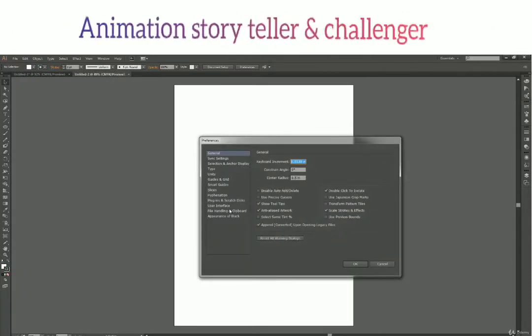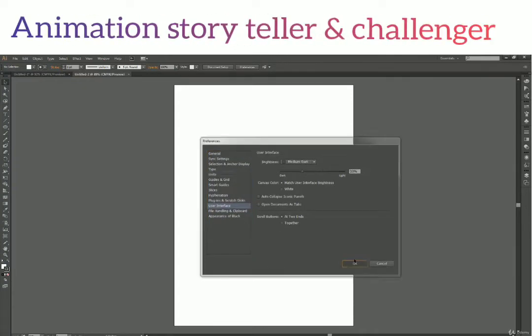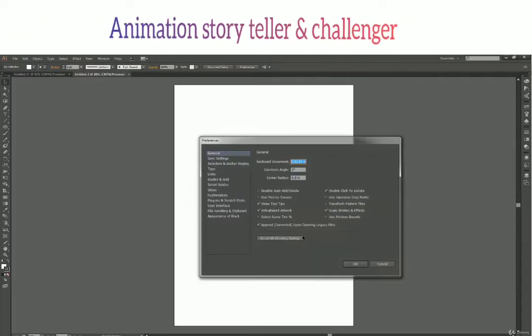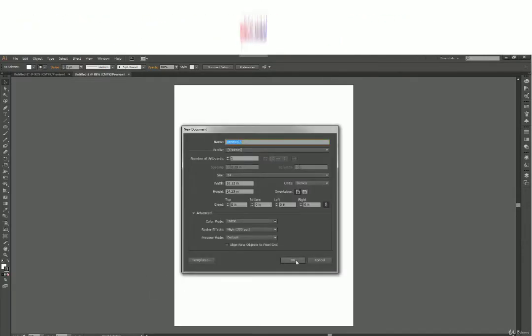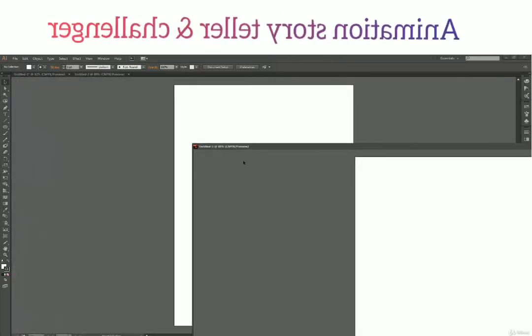Now let's go back to settings. It says open document as tab. So we uncheck it right now and press OK. Nothing has happened, but when I create a new file now, it opened as a separate window instead of a tab.